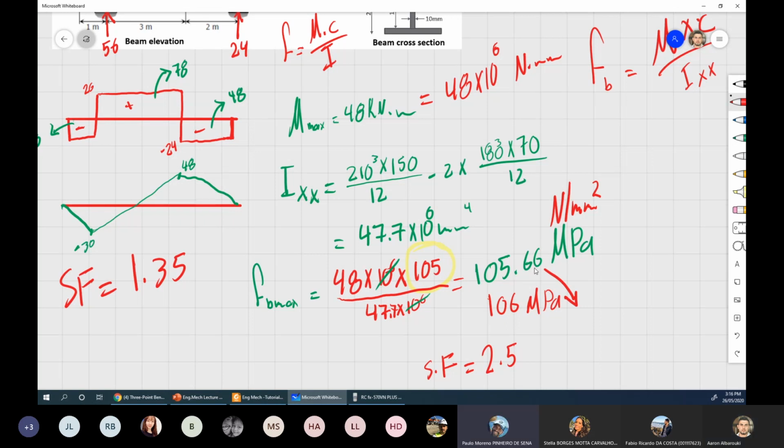Just multiply the number that you found by 2.5 and then find the next one. Exactly. So the client is asking me, Aaron, what grade of steel shall I use? But I would like to have a safety factor of 2.5, for example. Then what I tell him, your minimum, that's what I tell him. He doesn't know this calculation. He doesn't understand what this is. All he needs to know, I'll tell him the minimum